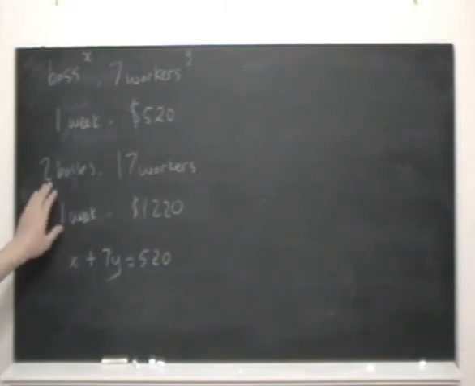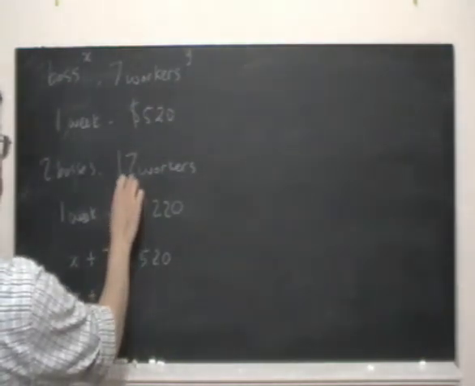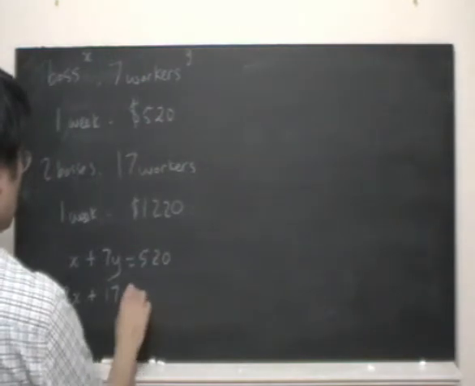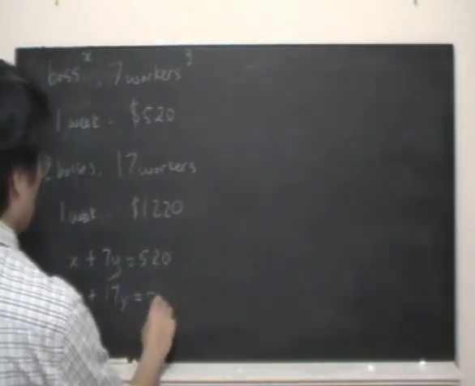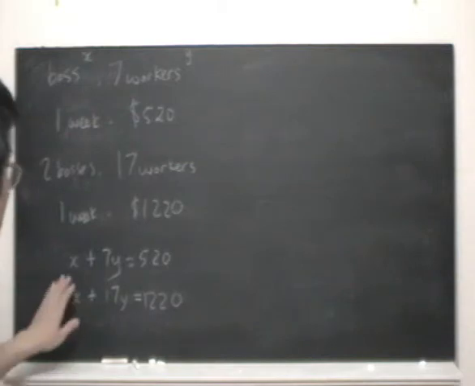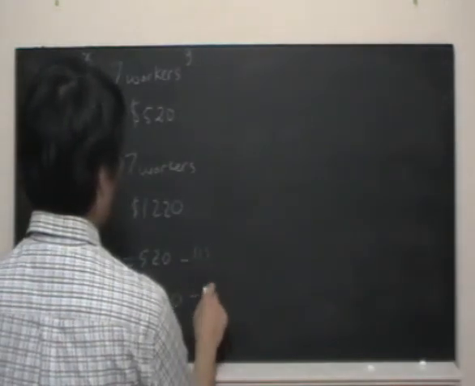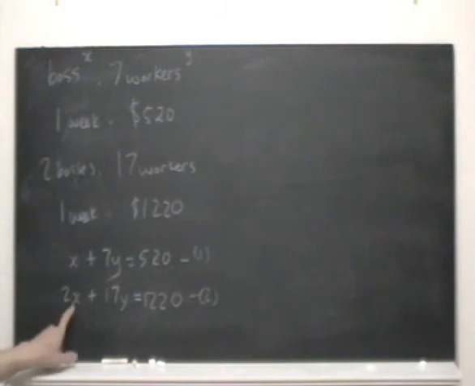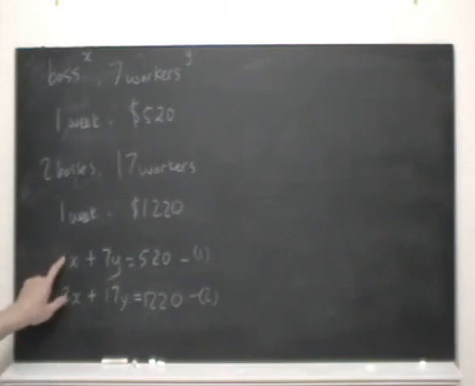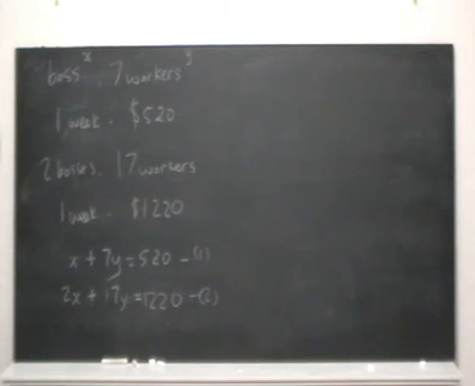Likewise, when we have 2 bosses and 17 workers, 2 bosses earn 2X, 17 workers earn 17Y, and the total is $1220. So now we have our simultaneous equations, and we can try and find the answer. Call those equation 1 and equation 2, and start by looking at, say, the number in front of the X. Doesn't have to be X, of course. You can also look at the numbers in front of the Y,